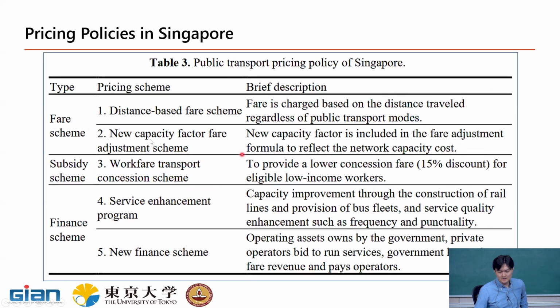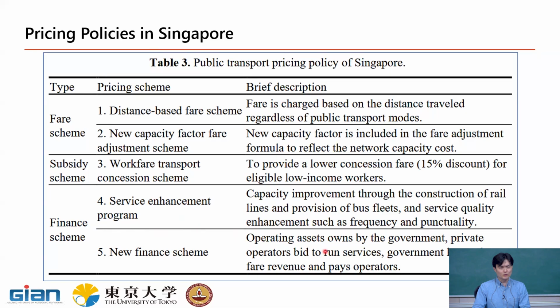Let's see. Yeah, so the new capacity factor, they started seeing the prices going up for some commuters and not some other commuters. So they also started experimenting with a concession scheme. So they gave a flat 15% discount for all low-income workers, but they had to go out and find all the low-income workers, or you have to start applying and you have to approve low-income workers. So the transaction cost goes up for implementing that kind of a policy. And also some other finance schemes to enhance their service. In the end,